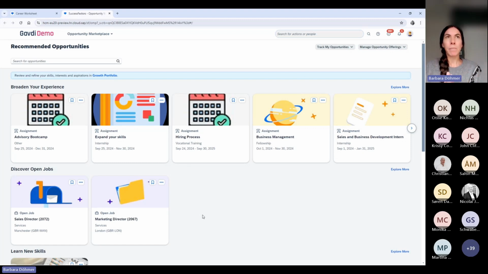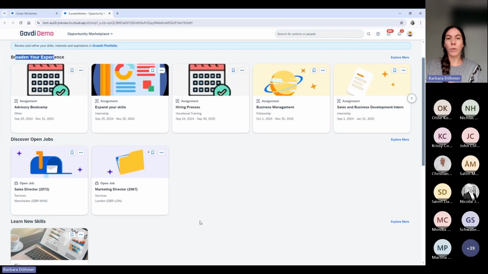This is the marketplace. This is where a user can select areas of interest, view assignments, as in this broaden your experience section, or they can also search for internal jobs that match their interests and career aspirations. As you can see, this is what Matthew has been recommended.